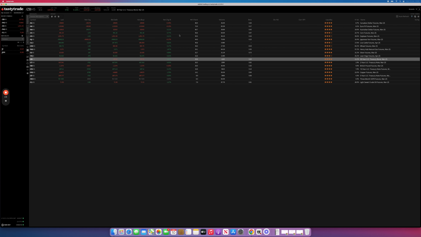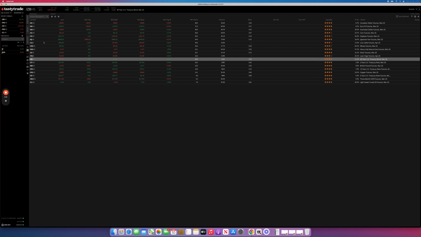Now, if you have a smaller account, you probably want to stick to things like currencies, bonds, soybeans, things like that, as they don't require much buying power to open the trade. However, if you do have a larger account, then feel free to choose anything you like. Whatever you do choose, make sure that it complements your portfolio well. Keep everything nice and diverse. You don't want to be too heavy in any one sector or industry. With futures, you have a wide range of things that you can trade, so it should never really be a